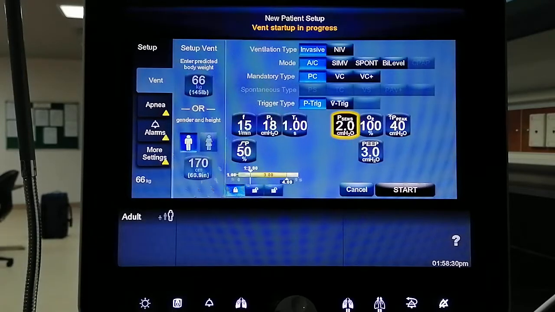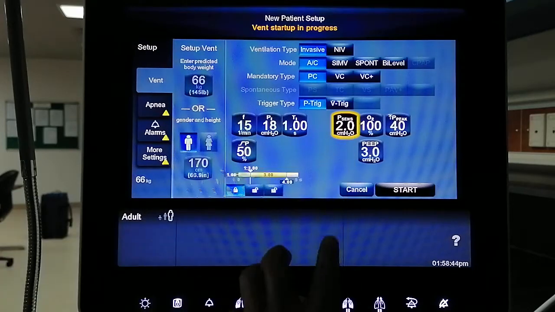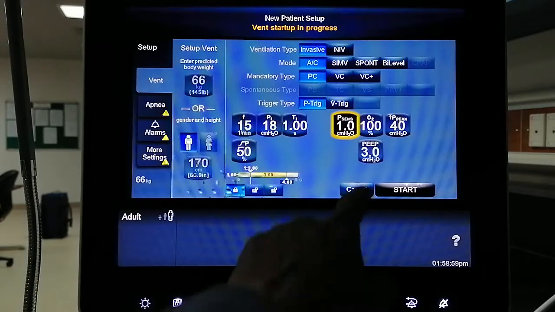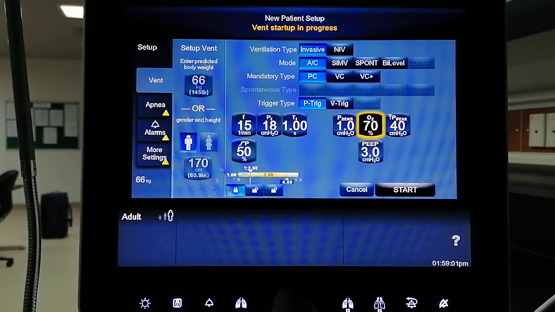Here is your pressure sensitivity. As you can see, pressure triggering is supposed to be negative. Even if you see no negative sign on the ventilator parameter for pressure sensitivity, it is technically and logically negative. So we can have it at -2 or -1, but not too sensitive to trigger the ventilator. Then of course your oxygen,